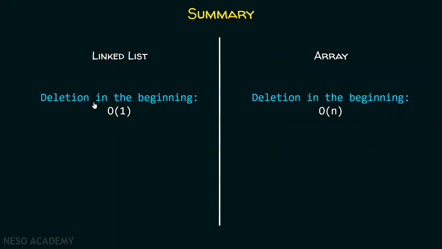So, in summary, deletion in the beginning of the linked list takes a constant amount of time, and in case of an array, it will take